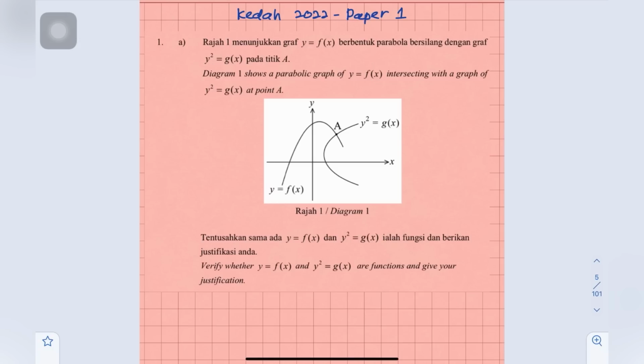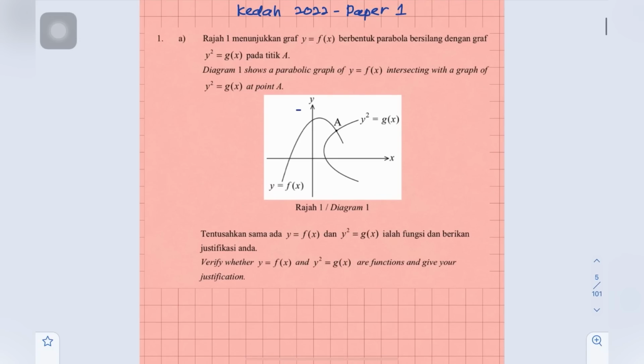For the first graph, we make the vertical line test. Okay, we draw a straight line. So it intersects at one point. So therefore, this is a function. The first graph is a function. Okay, for the second graph, same. We draw a vertical straight line. But this straight line cuts at 2 points. So, not a function. Okay, so then to justify your answer, y equals f(x) is a